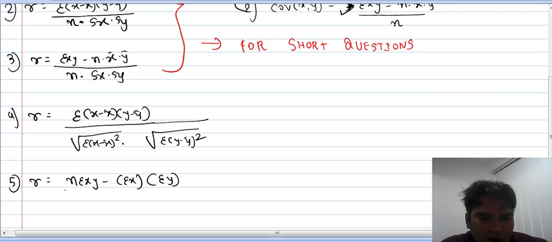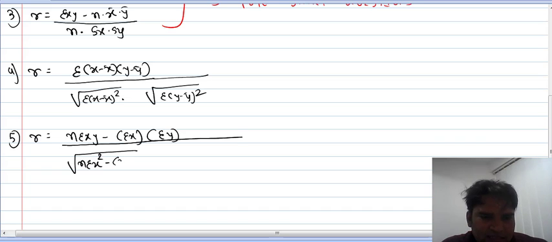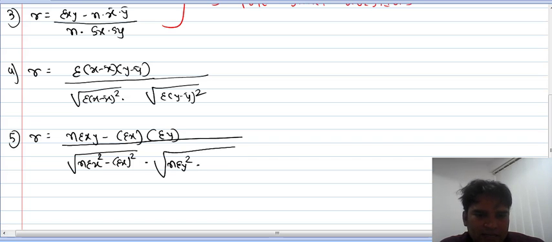into sigma y upon under root n sigma x square minus sigma x whole square, then under root n sigma y square minus sigma y whole square. And the sixth formula,